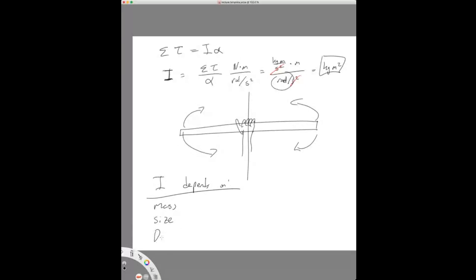In a way, this is because, when I spin the meter stick, the ends of the meter stick have to move really fast. And when the ends of the meter stick are moving really fast, they have a lot of kinetic energy, and that means it costs me more energy to get spinning than it would for a stone or just a small mass in my hand. So the weight, the size, but also the distribution of the mass has an impact,